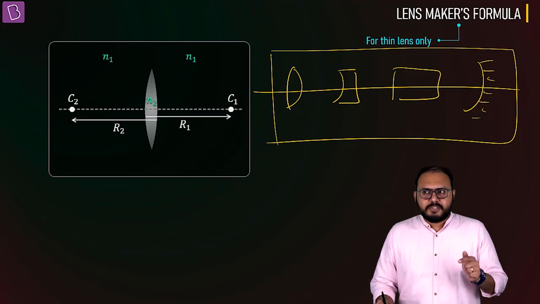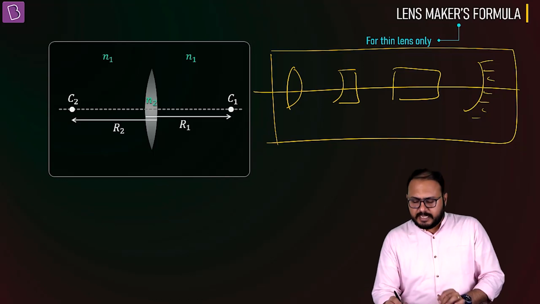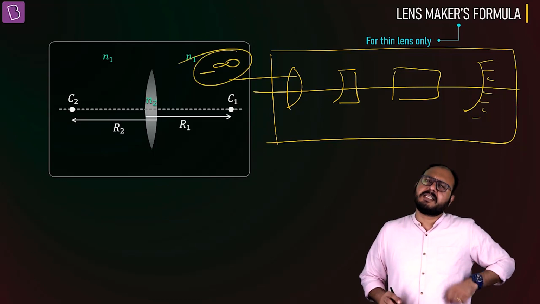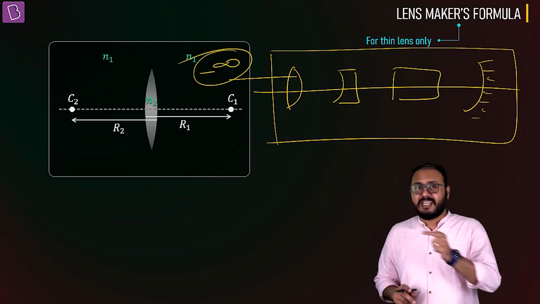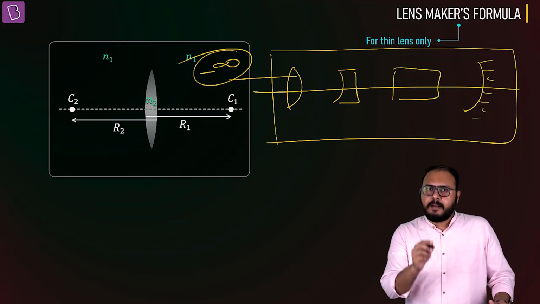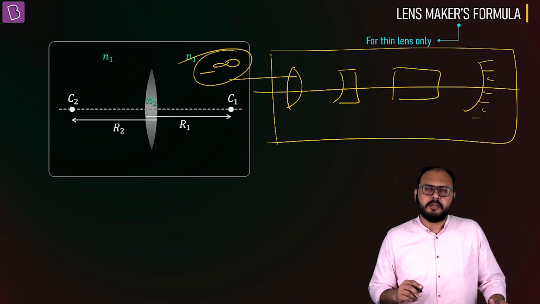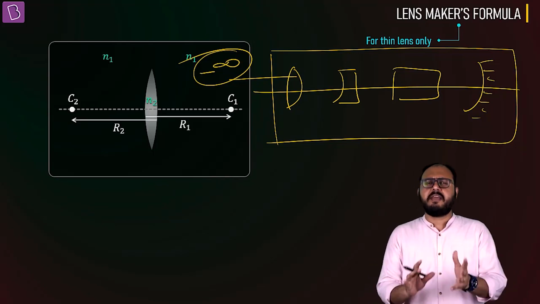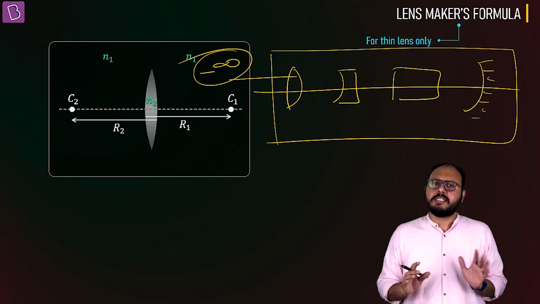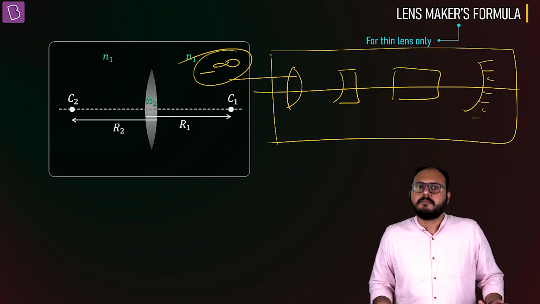If you have a chain of phenomena, the mathematical definition of focus is that if the light ray starts from minus infinity, why minus, why not plus infinity? Because the direction of the incident light ray is the positive direction. Parallel paraxial rays coming from minus infinity, going through anything you throw at them, and once it is over, where is the final image? That's focus. Did you get that?